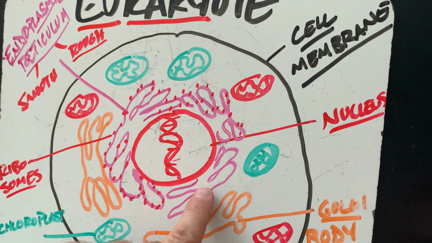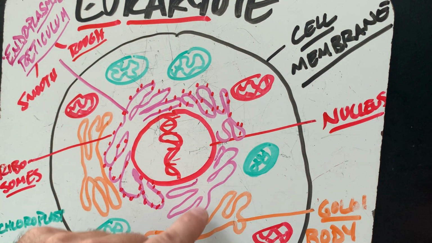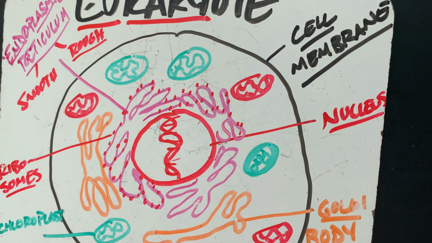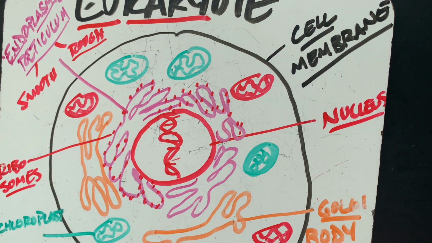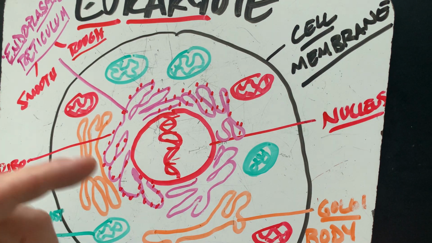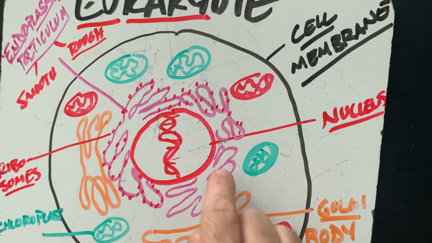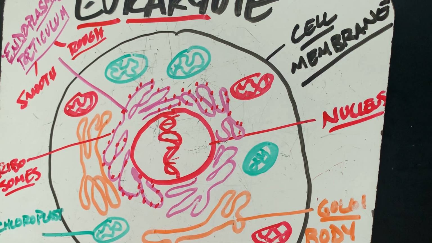And then you've got smooth endoplasmic reticulum. There's proteins made here that are shifted over here, and they break down bad things in your body. And that is a really cool, important organelle, because if you take in toxins, you need to be able to break down those toxins, and you can break them down with smooth endoplasmic reticulum.